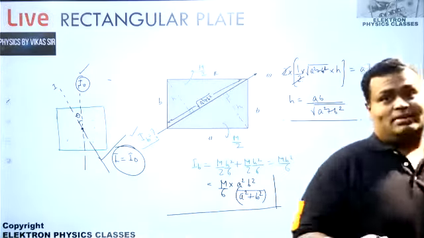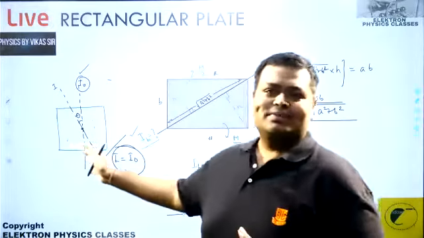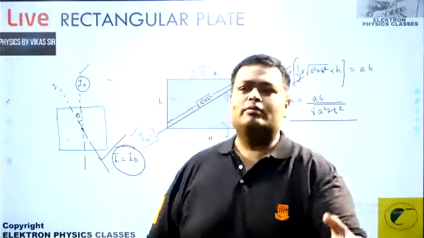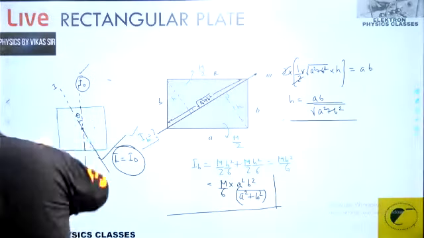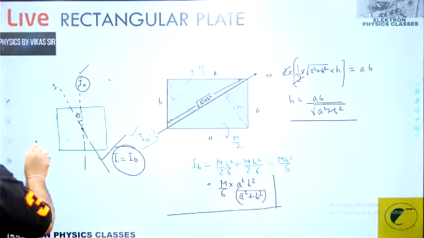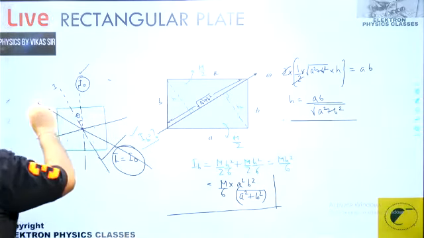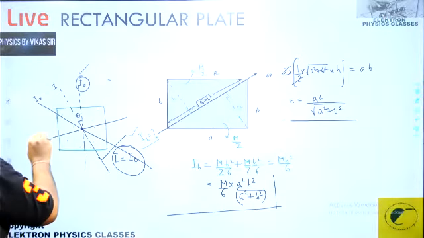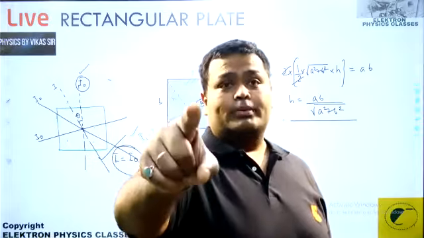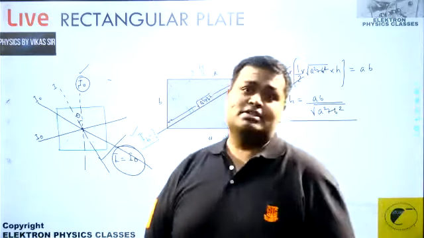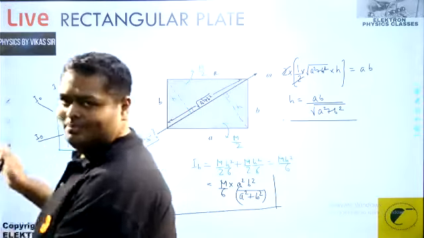I did not give you the time to solve this, right? Because I just wanted to say that this result is in line with the concept I gave you altogether in today's lecture. So the moment of inertia about any axis, this axis or any other random axis, all of them will carry the same moment of inertia, that is I naught. And another key point, it must be a uniformly distributed square. If it is not a uniformly distributed square, then these kinds of things go awry, right? So we got a point.